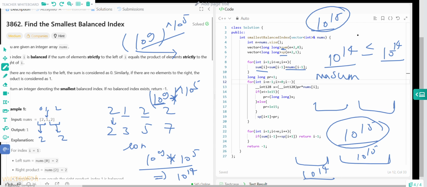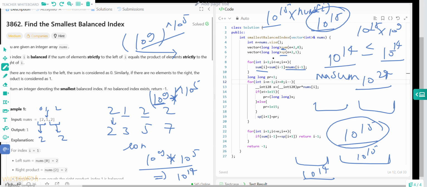But during the product, you cannot multiply 10 to the power 5 into nums of i, because if you do this, then it will become 10 to the power 24. You cannot store this value in a long. So we need to think about how we can store it.